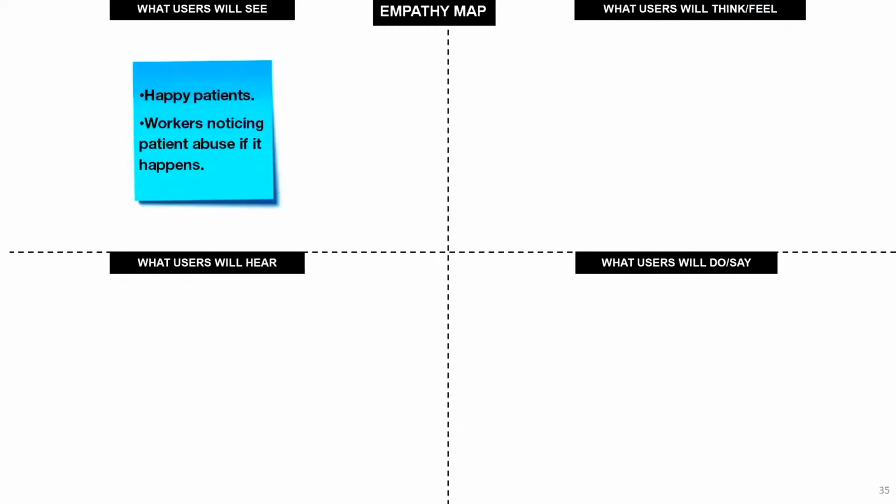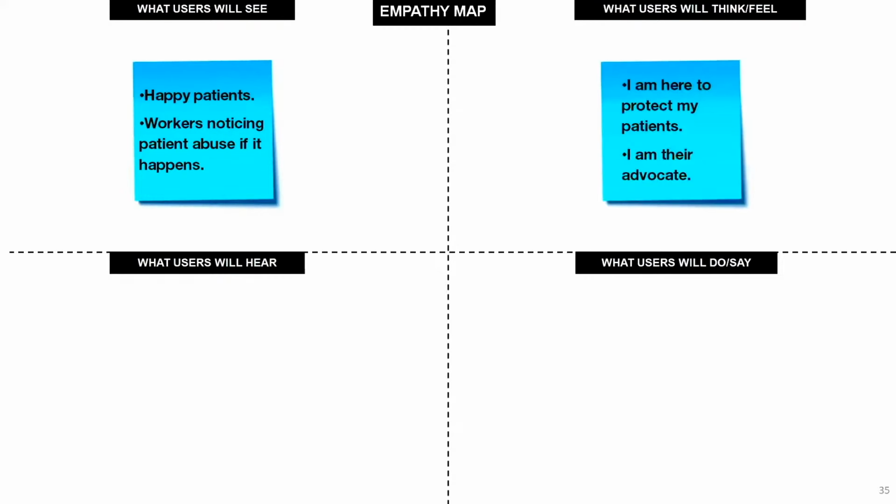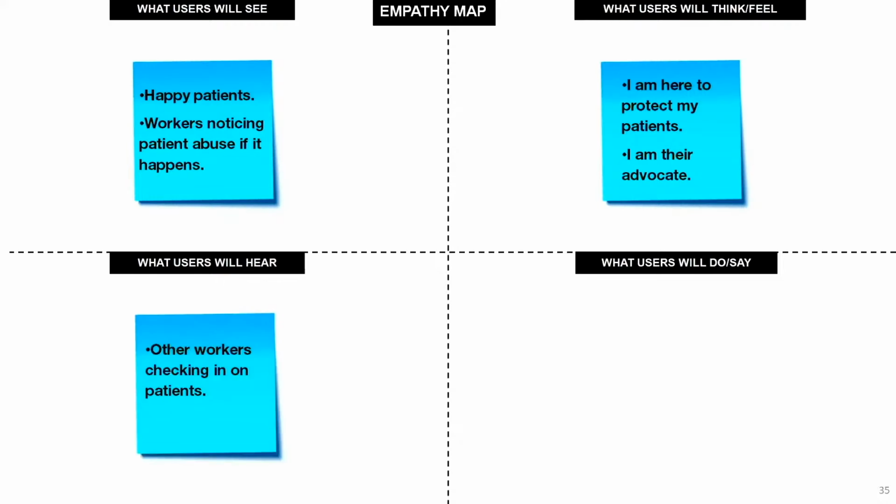Nice. As we go through, we're just collecting the insights from the people contributing to the empathy map into the different categories. So if patient abuse wasn't happening, what would you hear around the place? I think it would be a common thing to hear workers checking in on the patients to make sure that they're okay and happy. Cool. And what would you be seeing people do or hearing them say? Like what I said before, checking in on patients would be something that's happening, and also reporting it if they did see it, just to stop it from happening.